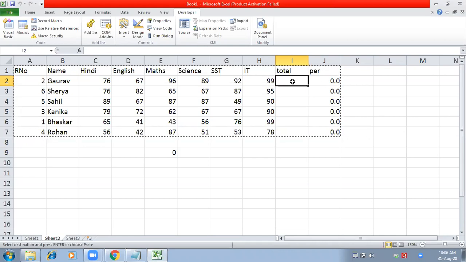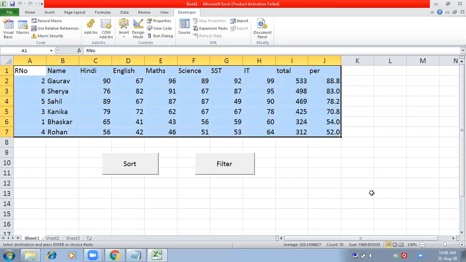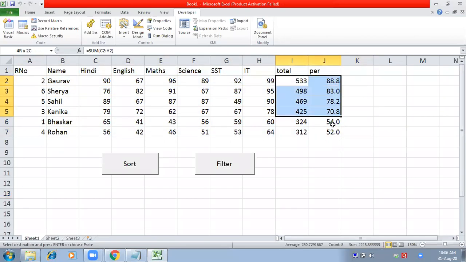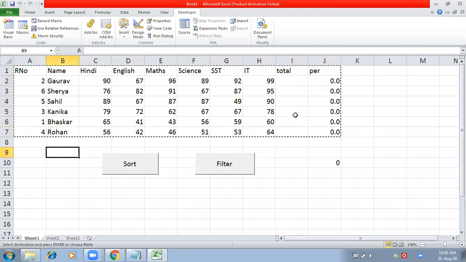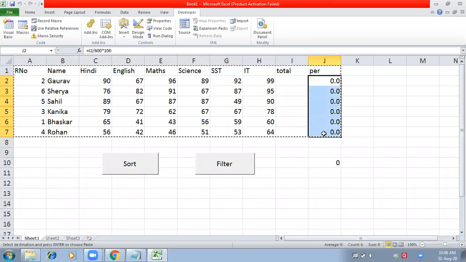Because it is calculating according to the total, and total is not getting calculated. I think I have made some mistake in the recording of the macro. Ma'am, you have only done it for percentage, I think. Let us check. If I press control plus P here, it is coming like this only.